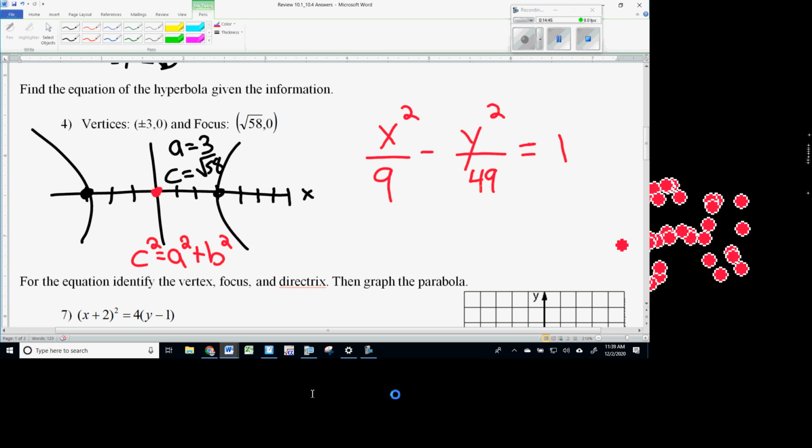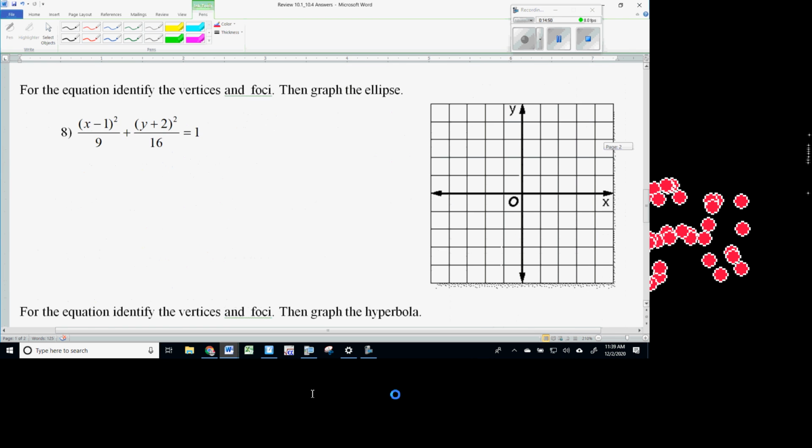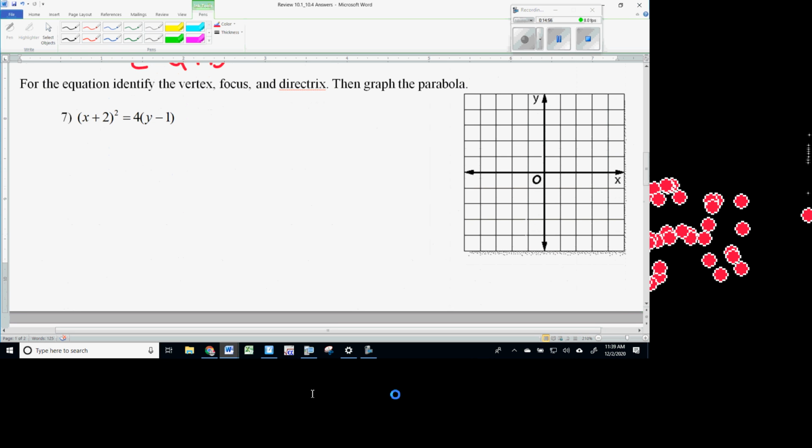All right. The next three, parabola, ellipse, hyperbola, are where you are given the equation and you want to sketch a graph. In some ways, I think these are easier than the last three we did, right? Because you're given the equation. So, if we're given a parabola here,